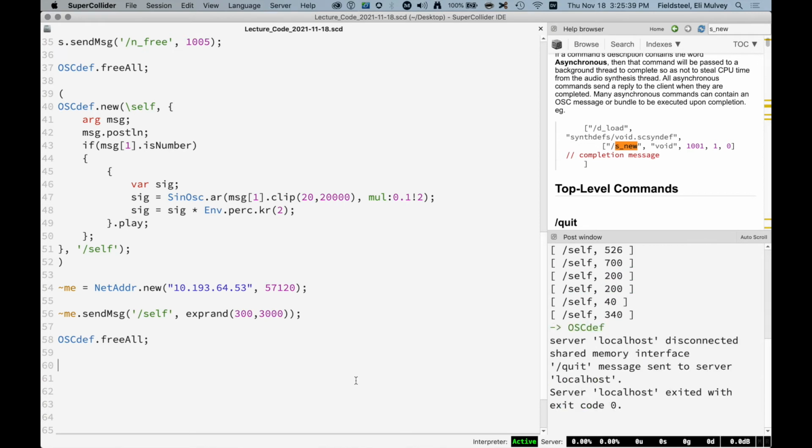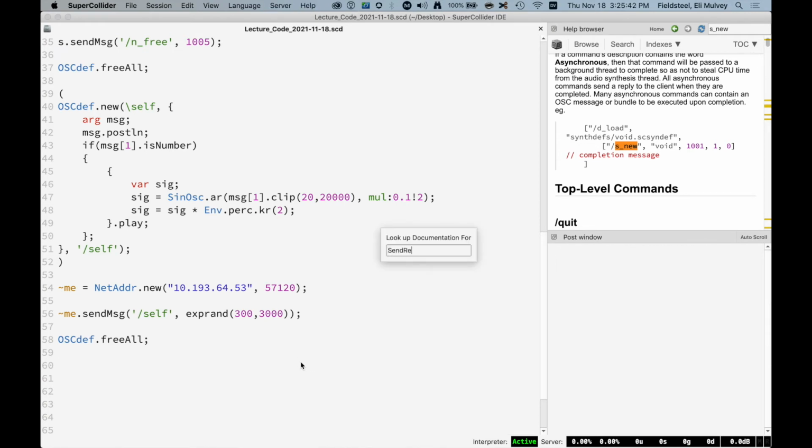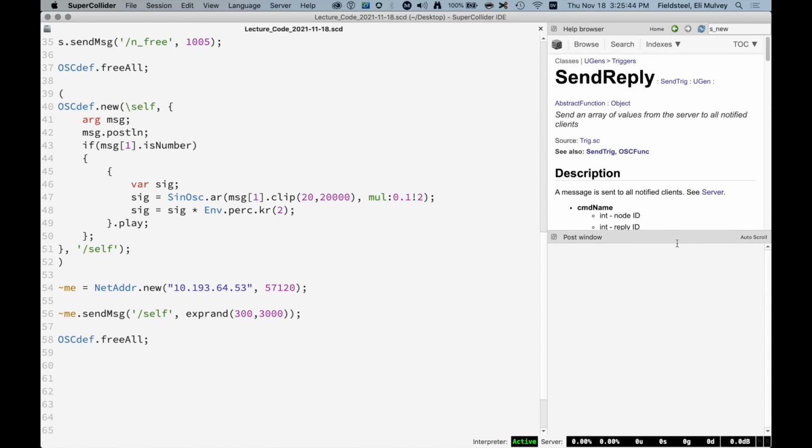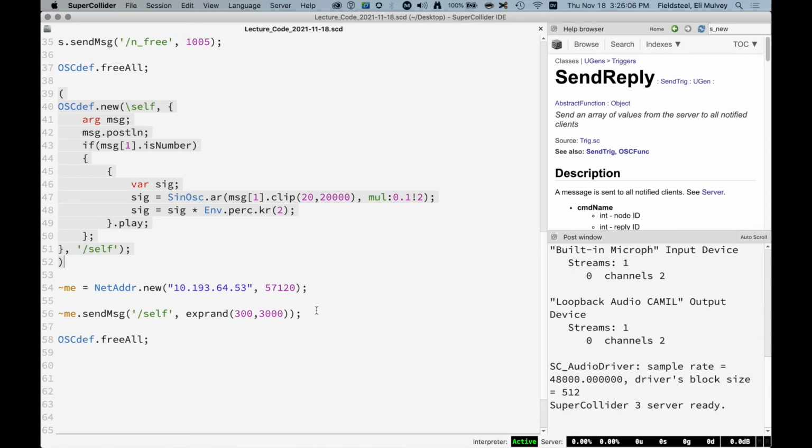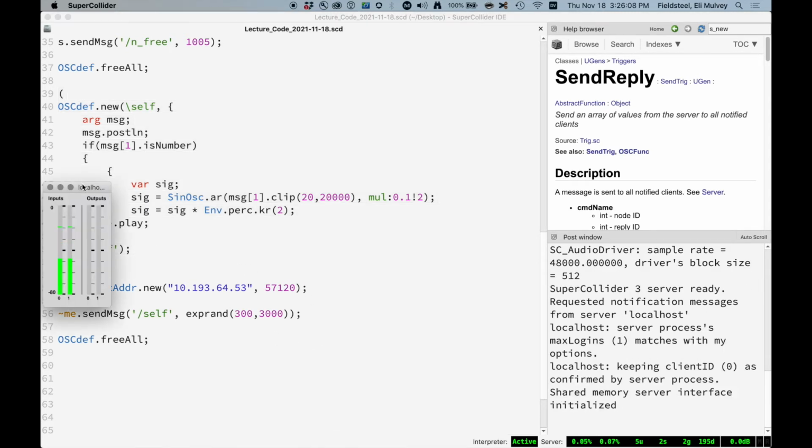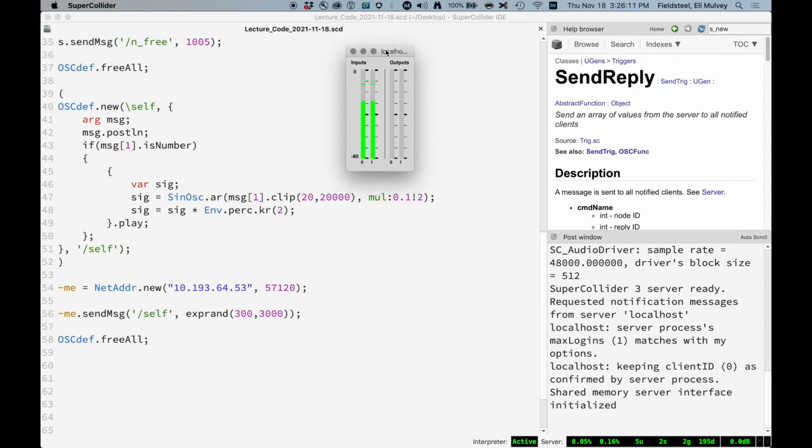There's a unit generator called SendReply. This is a UGen, like WhiteNoise, SinOsc, PlayBuf, and what it does is generate an OSC message and send it from the server back to the language. This is useful for a variety of reasons. For example, when you open the server meters, there is a SendReply that's part of a SynthDef, and a synth gets created whenever you open the meters, which is